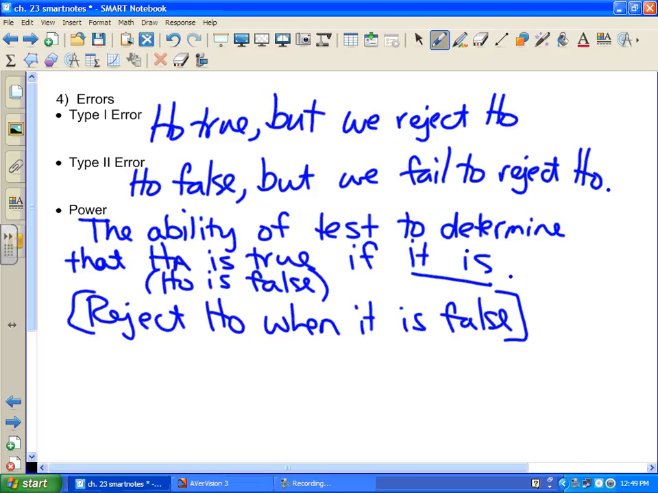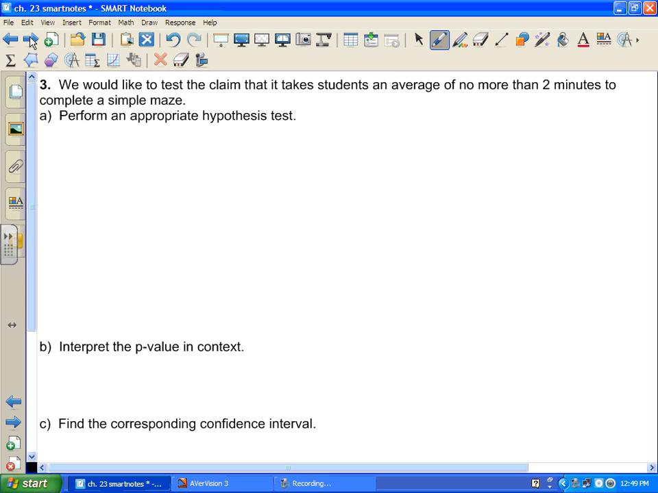I'll show you an example in a second. Okay, 2 examples. Can we cover that in 20 minutes? So